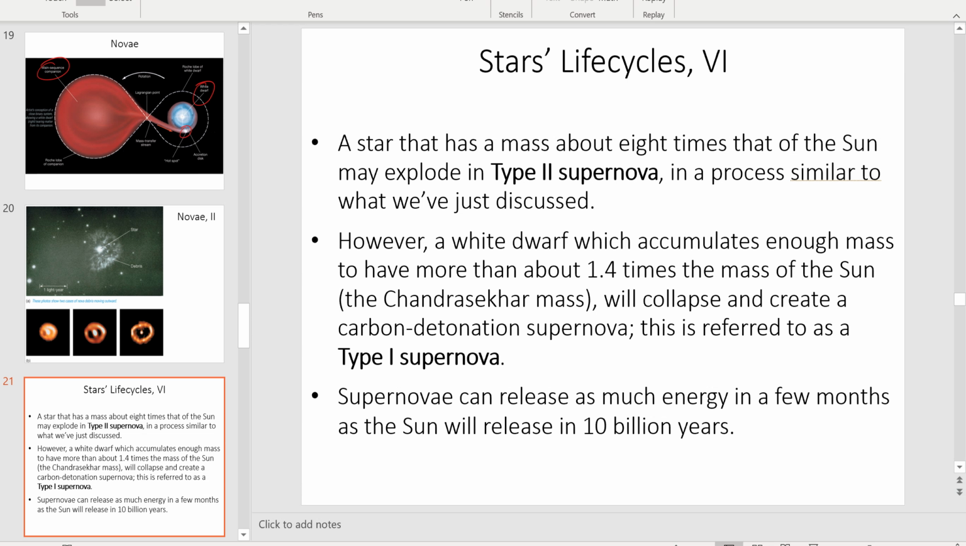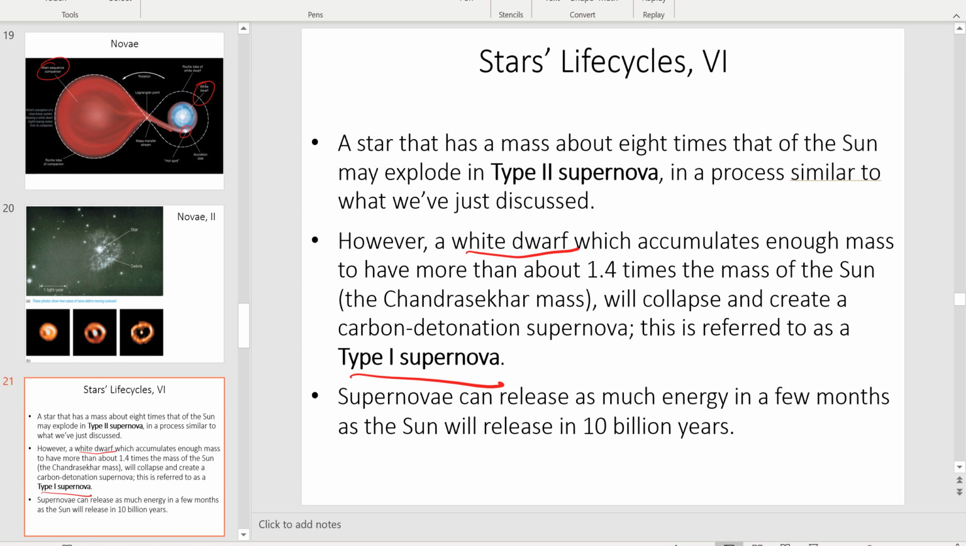In a type 1 supernova, we start with two stars. It's a similar situation to the nova I talked about earlier. We have a white dwarf with a main sequence partner. And it turns out that if a white dwarf has enough mass, it will actually collapse in on itself. I didn't talk about this earlier for the sake of time, but there are